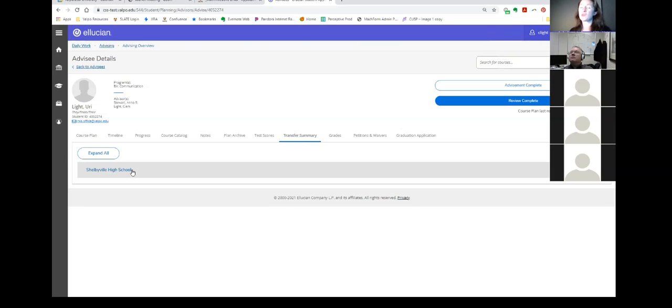And if it's a student who's already begun, those transfer courses would also be reflected then on their My Progress. So you'd be able to both see a summary of everything that transferred in, as well as see those reflected in their degree audit and their program evaluation. So I'll stop there and then open up for questions, anything that maybe hasn't been able to be covered in the chat, or if you have any other general questions.